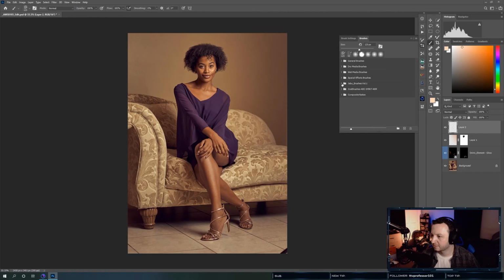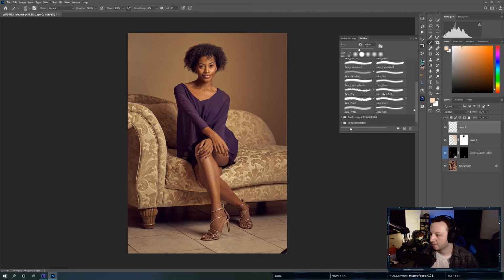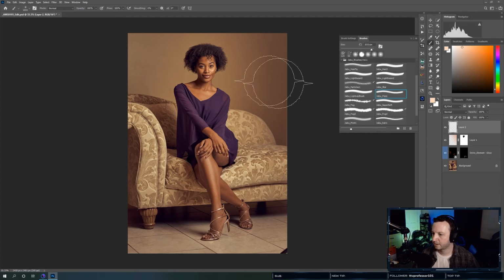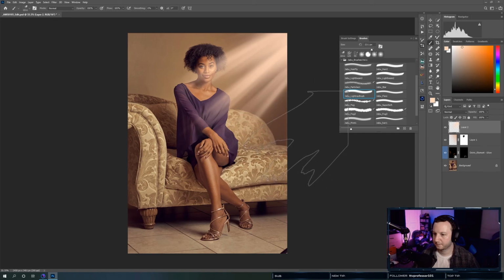And I think it's my Jabu brushes. This guy does really good work. But he should have a flare brush. Nope. Light rays. Is it this one? Light beam, light beam. I think it's that.